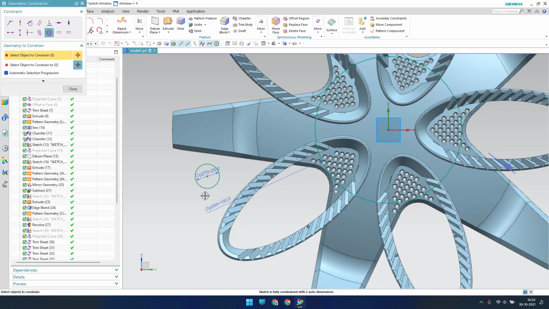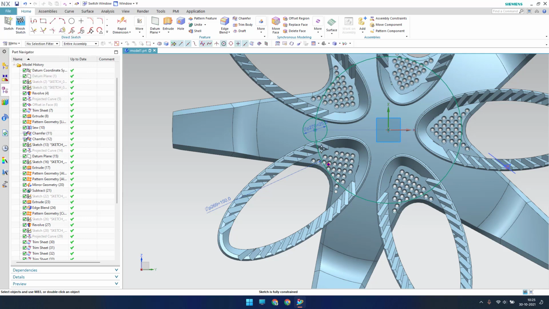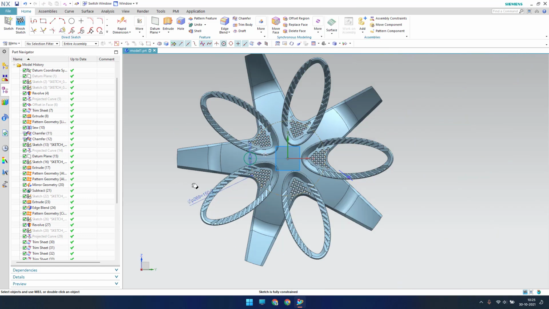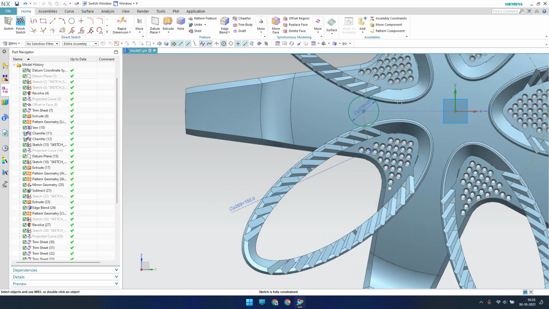I will also make a geometric constraint, point on a curve. So this point should lie on this curve, as well as this point should lie on this x-axis. Okay, you can just click OK. Now whatever this larger diameter circle is there, I just wanted to make it as a construction line. So let me make it as a construction line. Okay, so now I will make one more feature on this space.